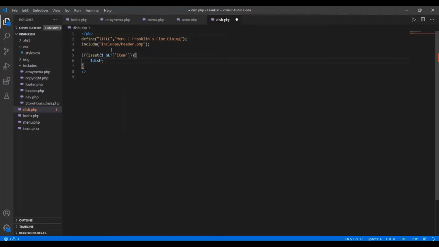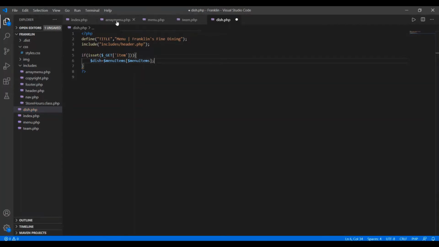To that I'm assigning the value of the menu items that we have created there. Here again I have to give the same, that is menu items.